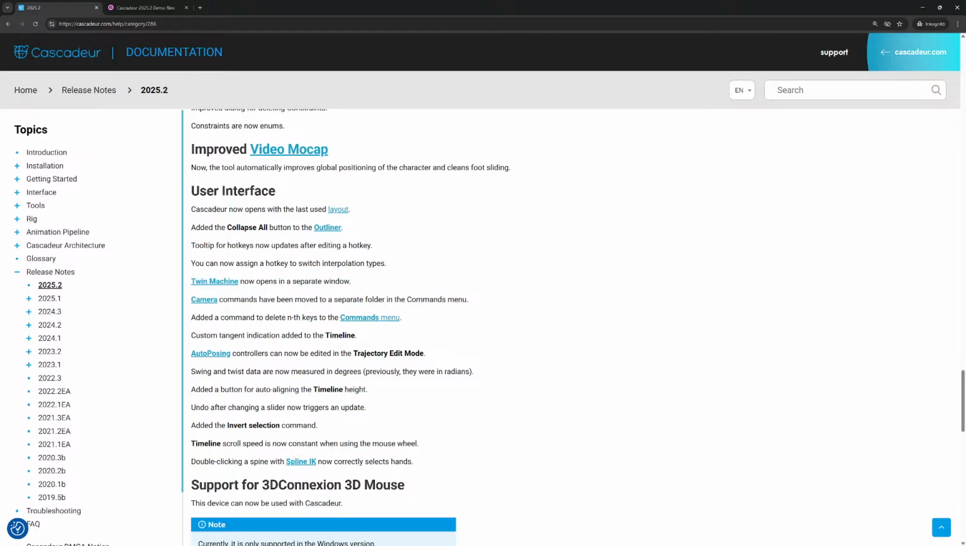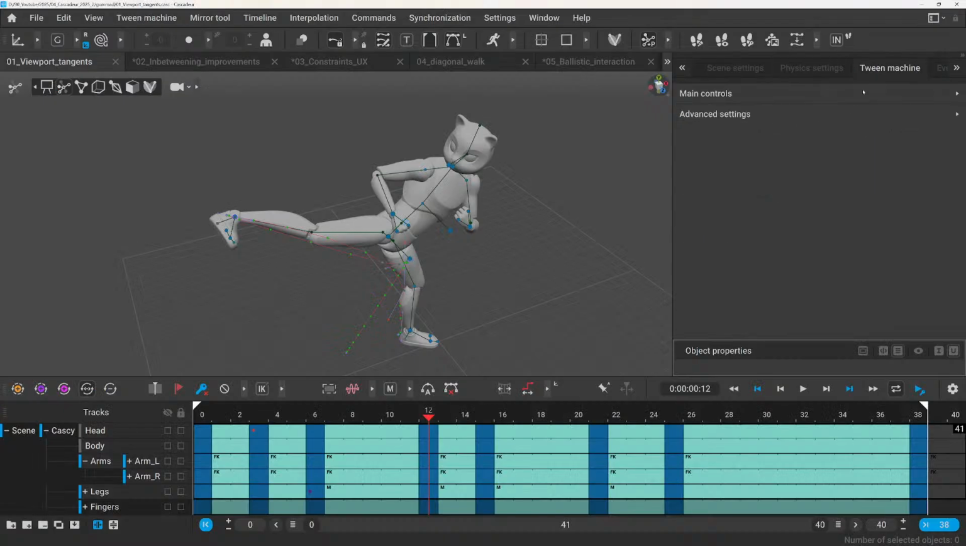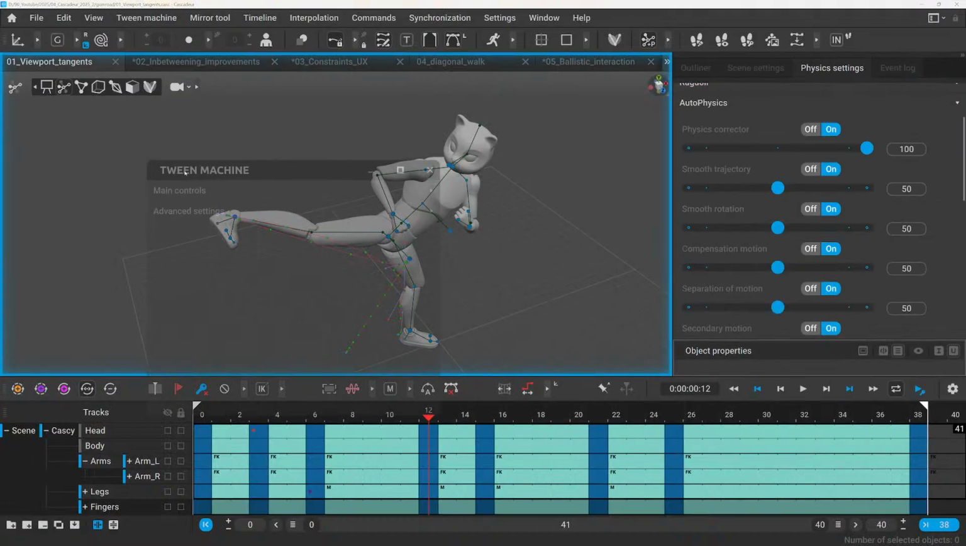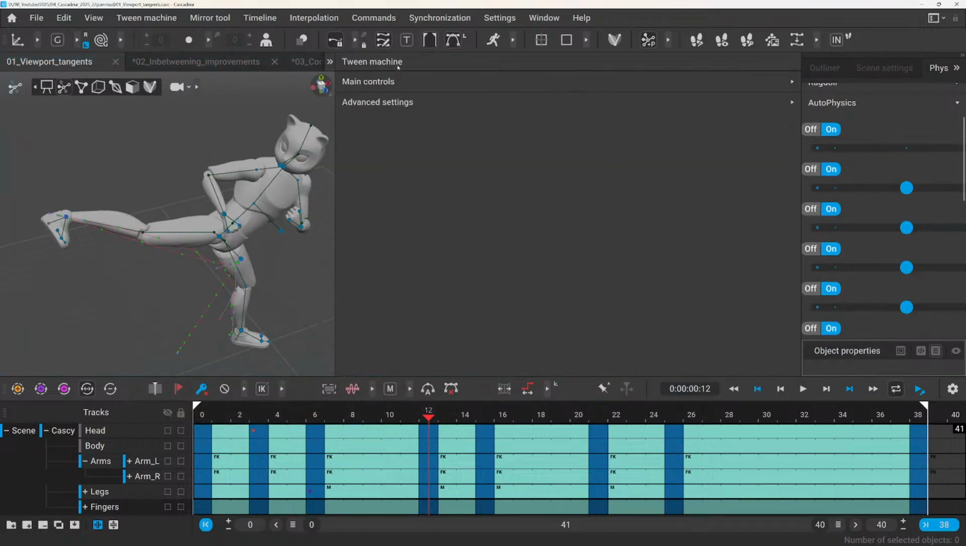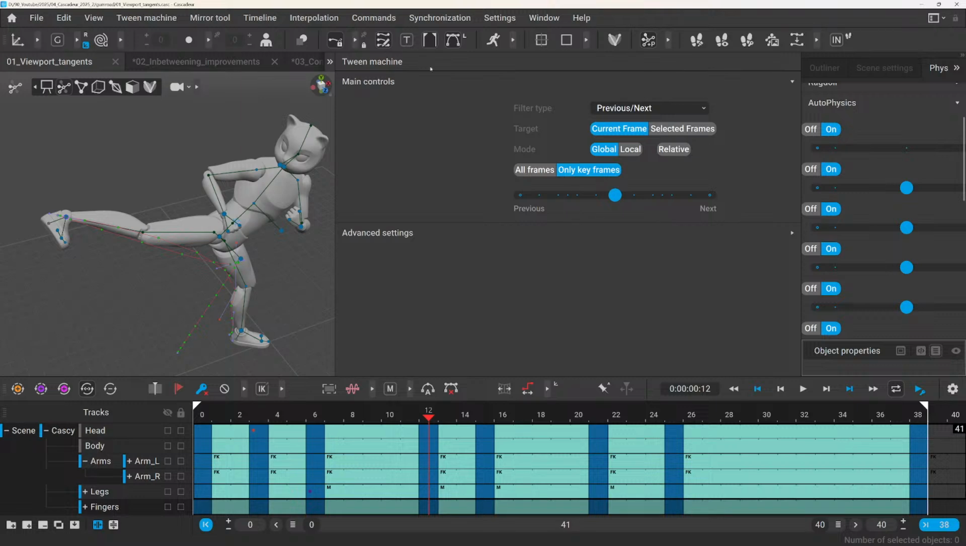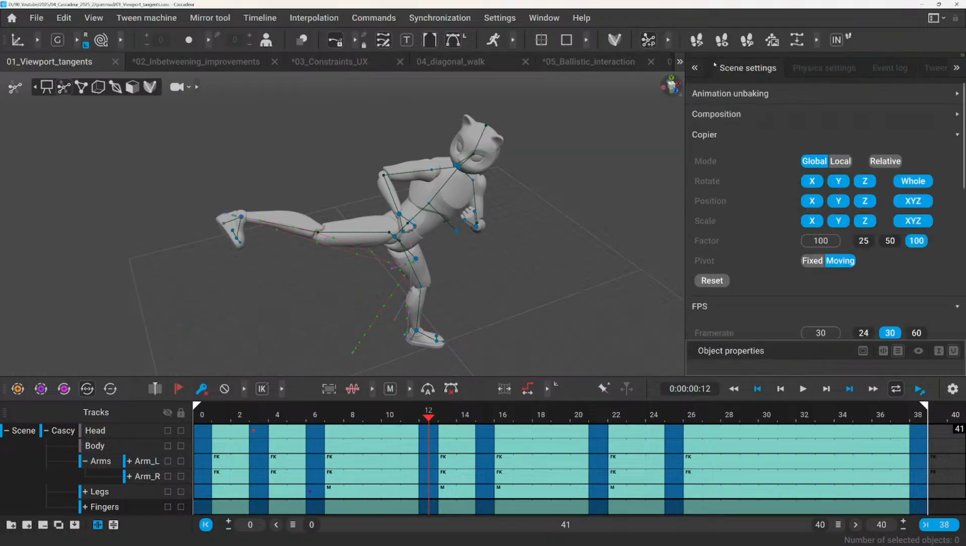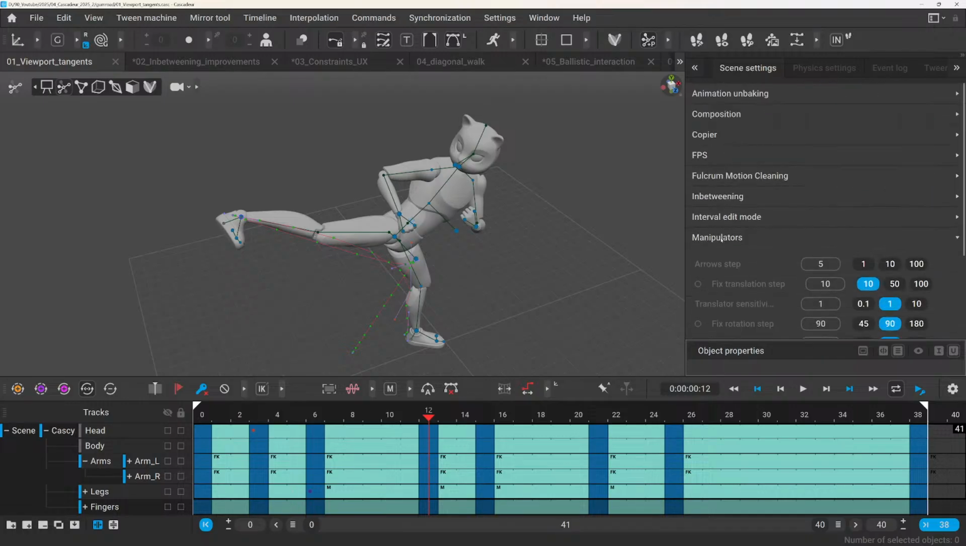Yeah, so the twin machine is now here also, and you can move it to a second monitor or anywhere you want if you want to use it. I'm not sure what would be a good solution because the scene settings is quite crowded. I'm not sure what would be a great solution for